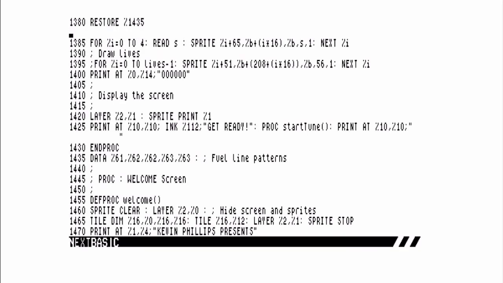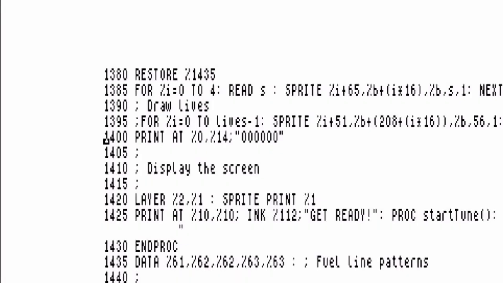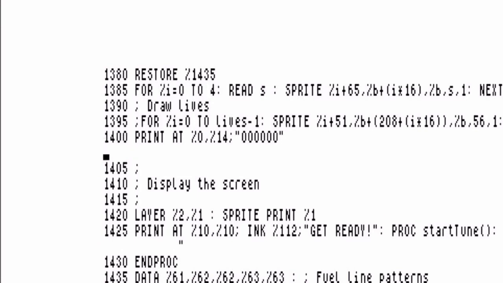So let's go back into the program now. And now I want to enter a new line of code which will print how many lives we have remaining. Just by looking through the program listing and running the program and experimenting, I figured out that a good place to put it seems to be at line 1396, which is right down here between 1395 and 1400. So I'm going to enter a new line, 1396, and I'm going to put print at %0,